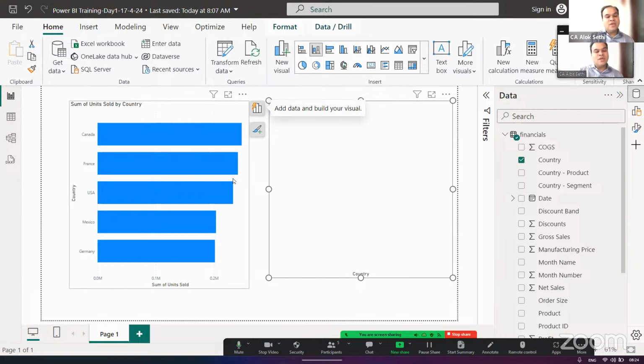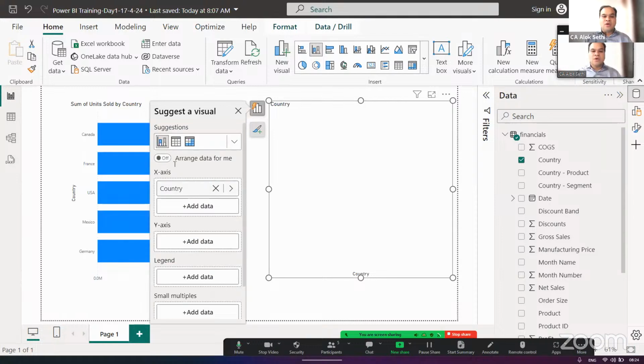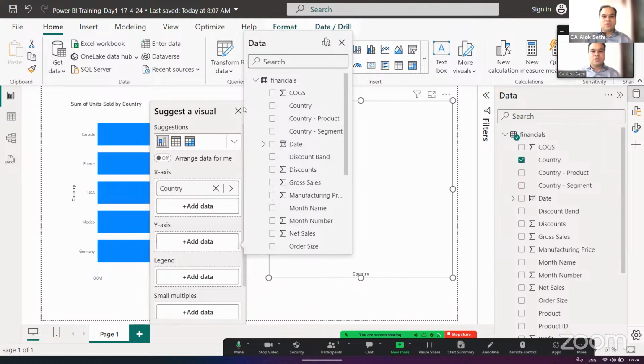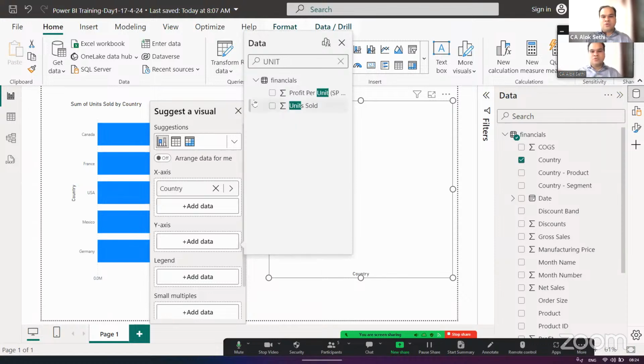तो मैं कंट्री के बेसिस पे, यूनिट्स के बेसिस पे कंट्रीज की रैंकिंग करना चाह रहा हूँ, या कंट्री की एक लिस्ट बनाना चाह रहा हूँ, या सॉर्टिंग करना चाह रहा हूँ कि मेरी कौन सी कंट्री की सेल सबसे ज्यादा है, कौन सी कंट्री की सेल सबसे कम है। और यही काम हम कॉलम चार्ट में करेंगे। तो कंट्री को मैंने रखा एक्स एक्सिस पे, वाई एक्सिस पे क्या रखूंगा? यूनिट सोल्ड। I can type units sold और टिक कर सकते हैं, या आप उठा के भी रख सकते थे।